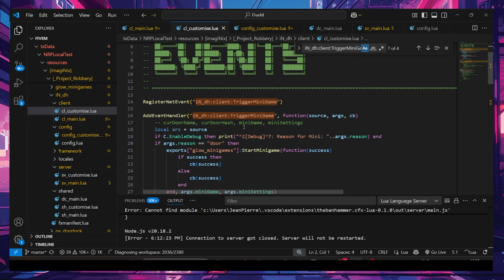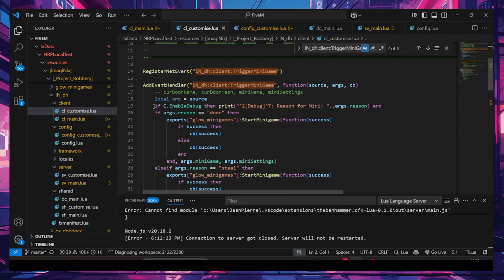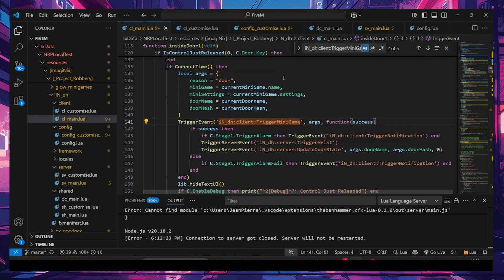Line 19 occurs after our debug line, which means that our event handler is not even starting. Well, it's a bad thing, but it's good that it's not showing us anything, because